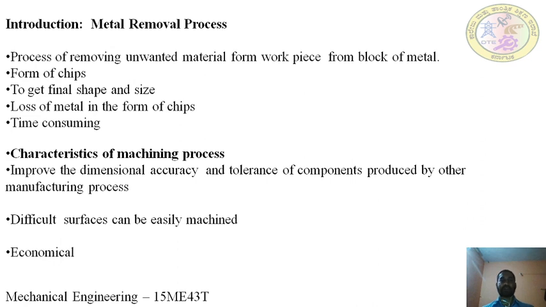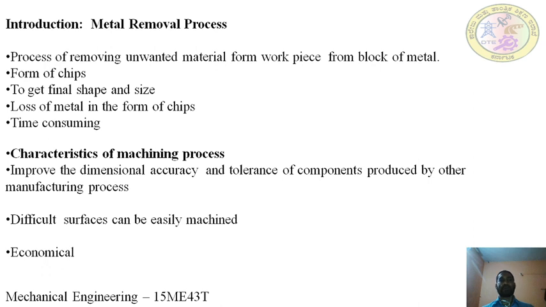So the component manufactured from the casting or forging process is machined in these machine tools, that may be lathe machine, shaper, or CNC machines, etc. It will be machined on that, so that the 2 mm extra metal will be removed, and the accurate dimension is maintained by various methods. Okay, so how will the metal be removed? The metal will be removed in the form of chips. That is, the metal is removed from the workpiece in the form of chips.